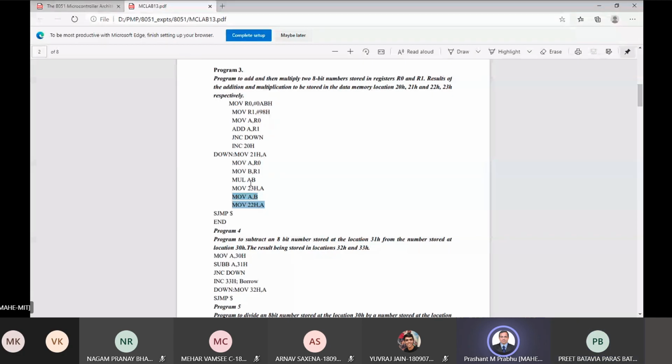The lower byte of the multiplication result will be placed in A. Upper byte will be placed in B. You can directly do it, correct? Yes. MOV 22H comma B can be done. Okay, sir. Fine. Thank you, sir. That is the only doubt.